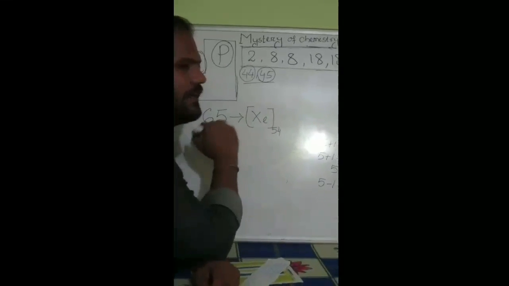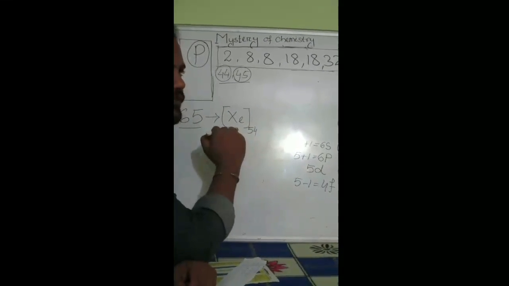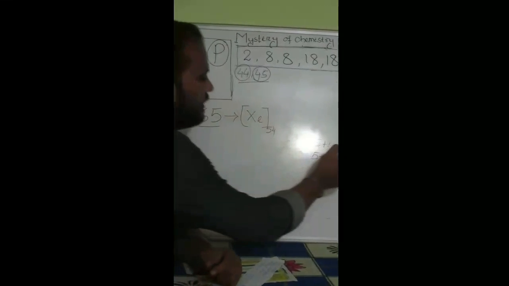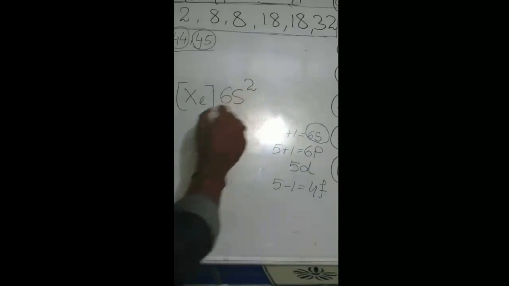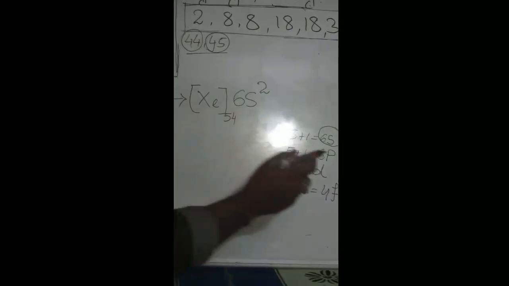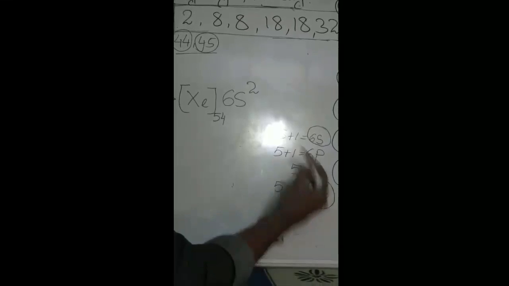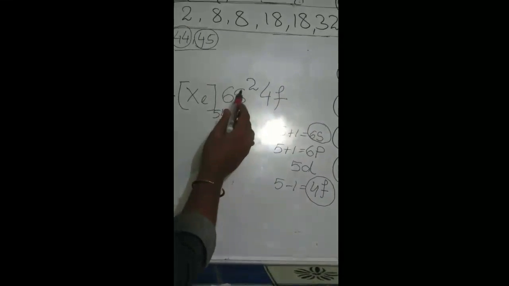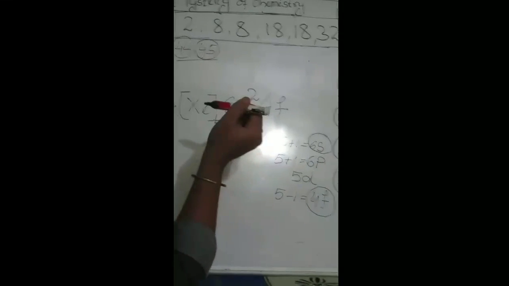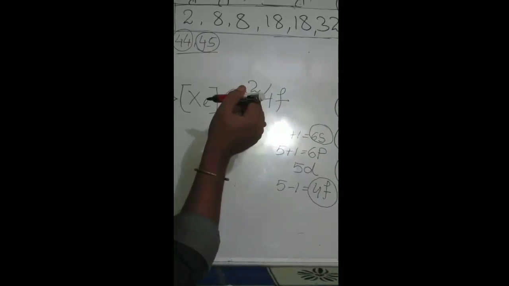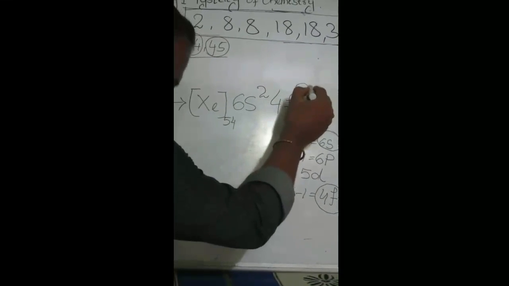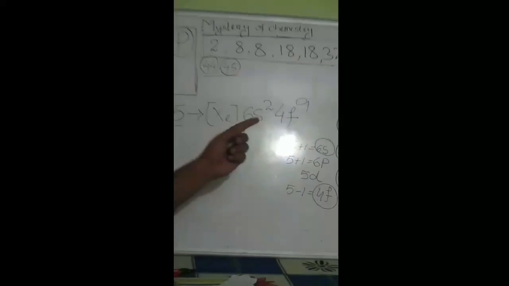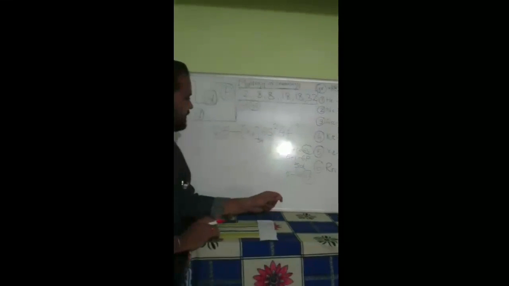If I have 65 electrons, then xenon will take 54. Then for s, I will fill up 6s, so this must be 6s2. Next f, so I will fill up this 4f. So I can write here 4f. Now 56 electrons, and the 4f subshell capacity is 14, so 56 plus 9. So in this method we can find out the electronic configuration very easily.